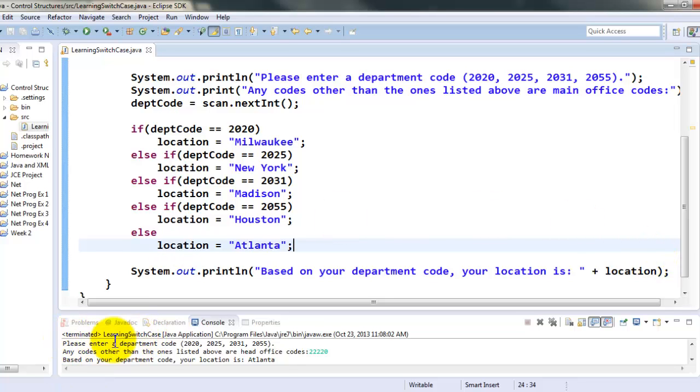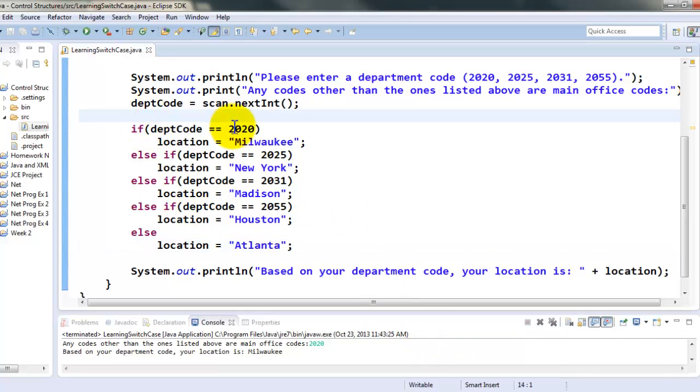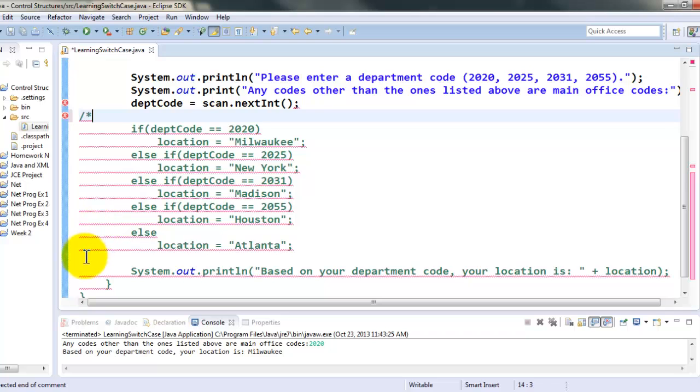Here is a run that I have executed right down in the console. As you can see, I wrote 22220, which is none of these codes, so it defaulted to Atlanta. If I run it again, and I enter one of those codes that are listed up here, 2020, it says your location is Milwaukee. Now what I'm going to try to do in the remaining example is convert this if condition into an equivalent switch. So I'm going to comment out this block so that you have this in front of you